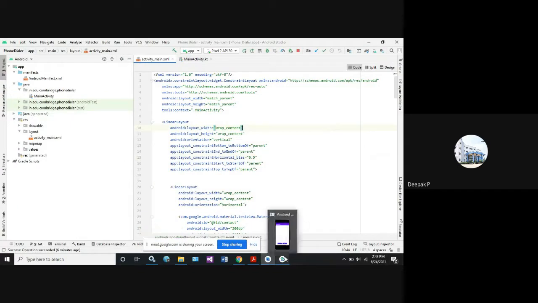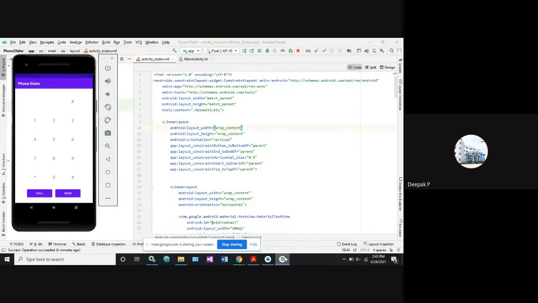But before that, let's see the output. Can anybody tell me which program this is a part of?